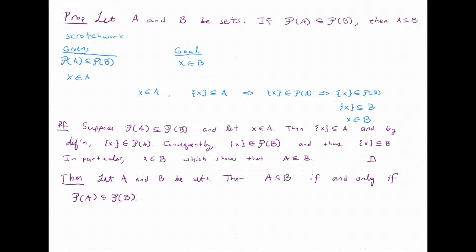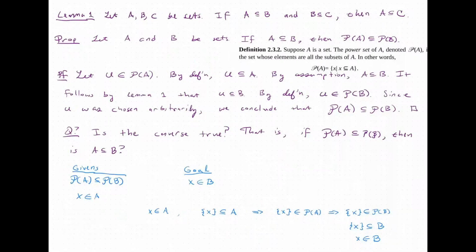And if we were to prove this, well, we have already done the proof, but when we are doing an if and only if proof, we first do one direction and then the converse. And so what we could do here is write a forward arrow and then copy the proof that we just did. We can copy the proof for that statement over here, and that will go there.